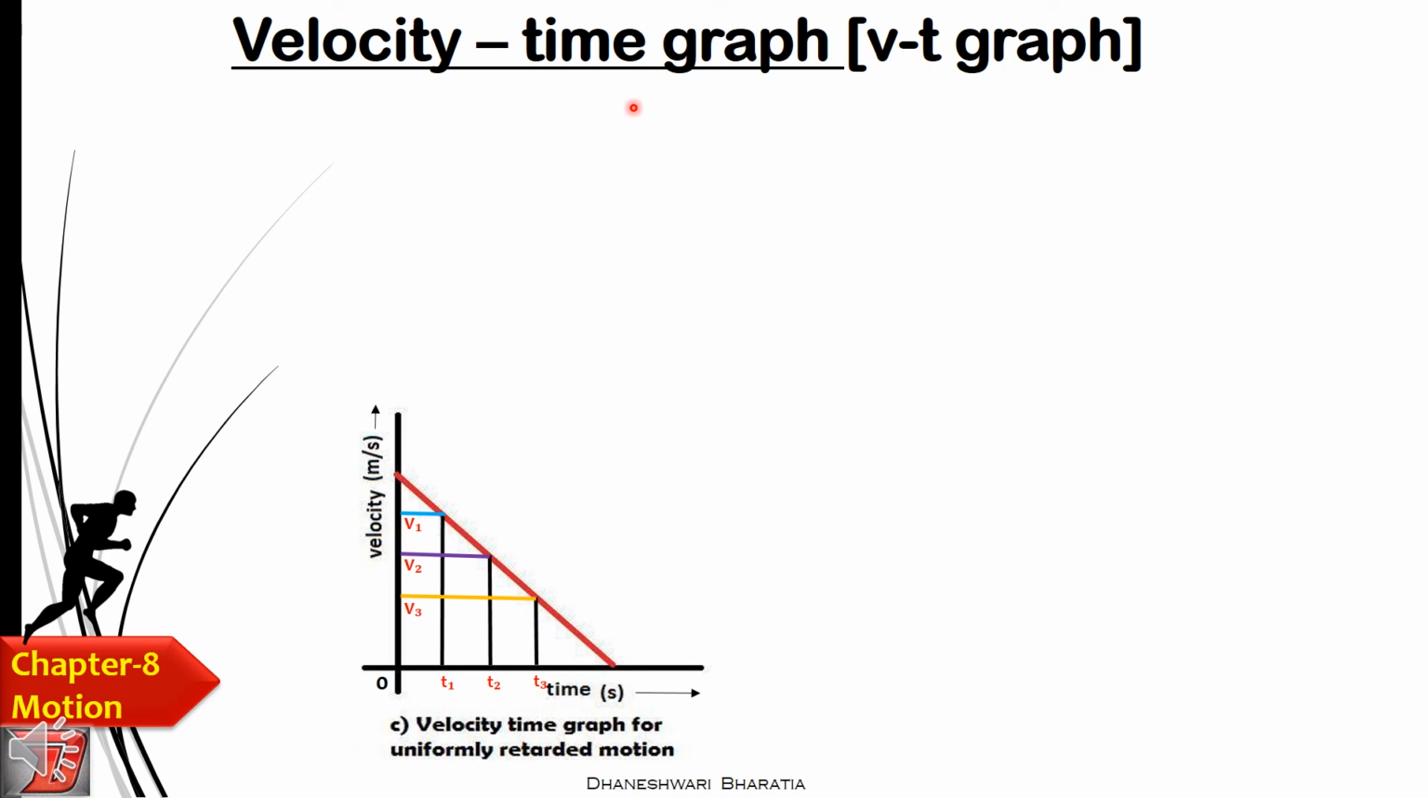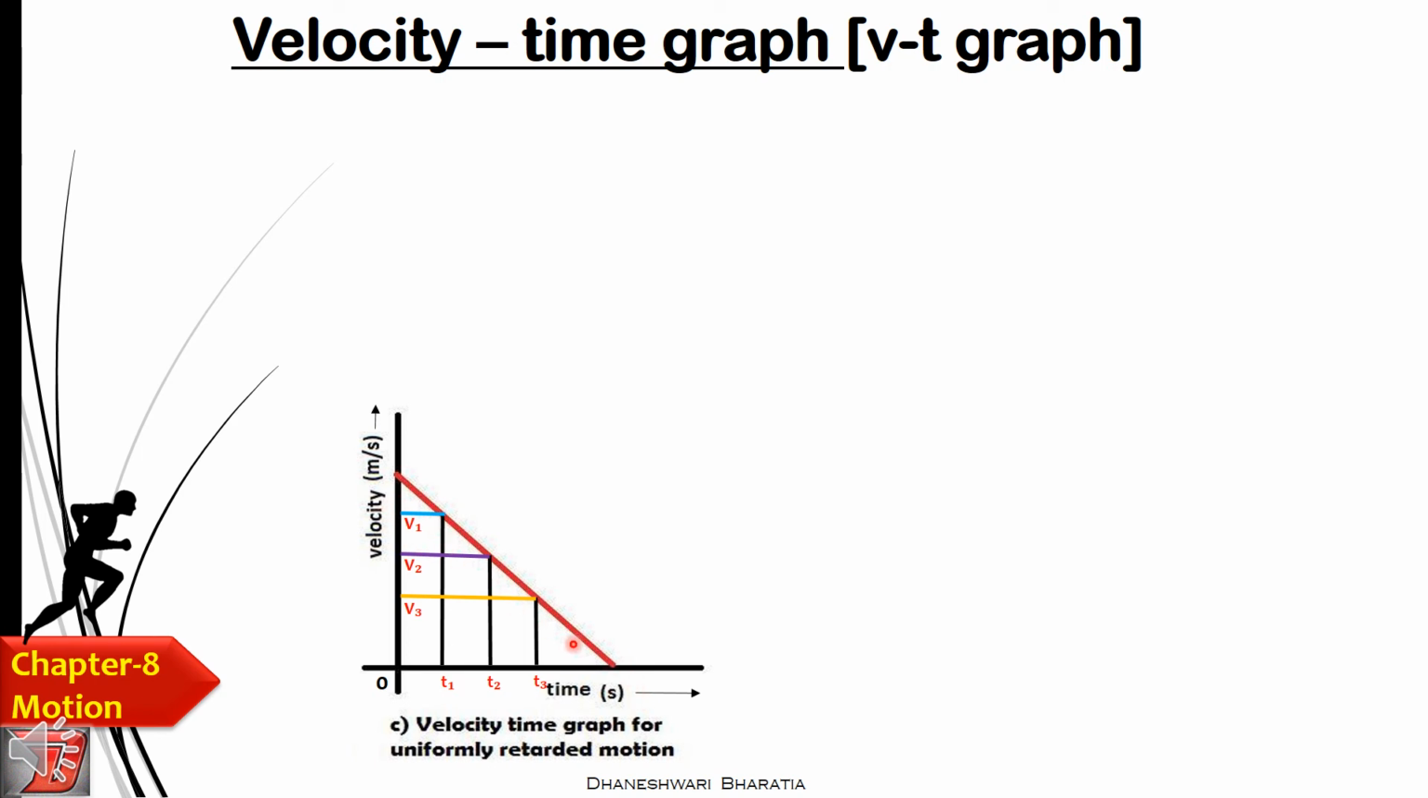Now let's talk about velocity time graph with the regular retardation. Right? Why retardation? Because with the increase in the time, the velocity is decreasing. Here you can see at t1 the object is here with the velocity v1. At t2 the object is at v2, that is with v2 velocity, and at t3 it is at v3 here. So with the regular interval of time, regular decrease is there in the velocity, isn't it? So this is known as the uniformly retarded motion, or